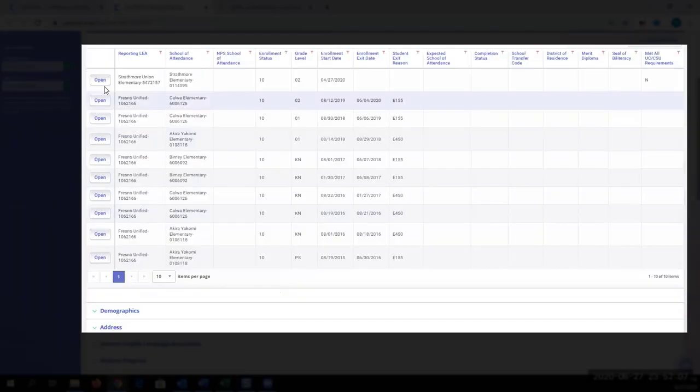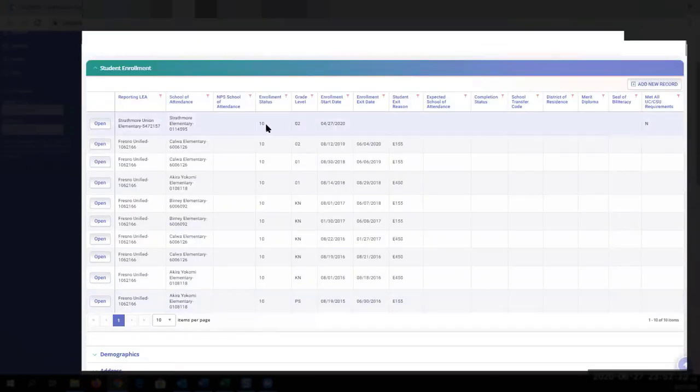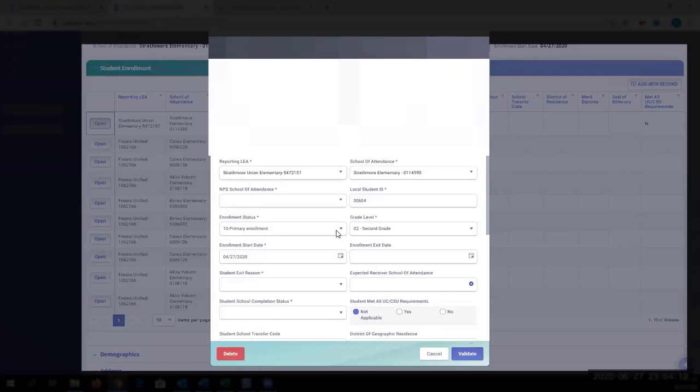So let's drag this out of here. And so we verified that our Strathmore Union Elementary School enrollment has no STAS record. There is no corresponding STAS, okay? And so either A, this is a secondary enrollment and we can correct the enrollment status. So we could change the enrollment status, and you would do that by opening the record and finding the enrollment status. And if it's a secondary enrollment, that's fine. And if it's a short-term enrollment,